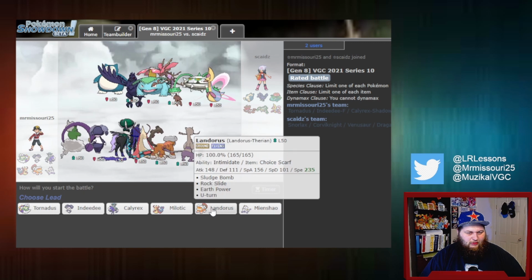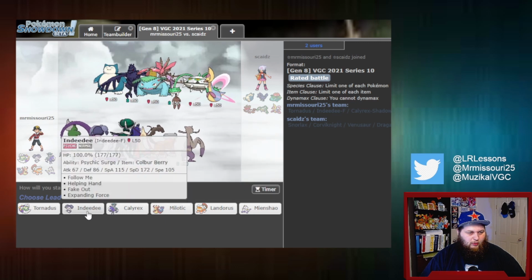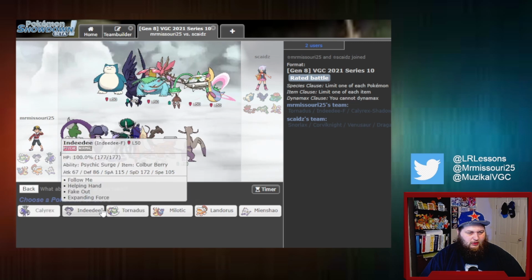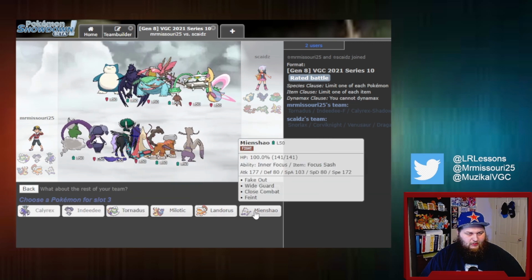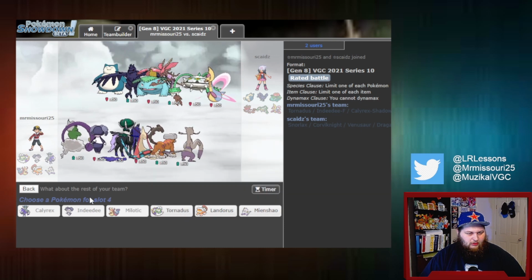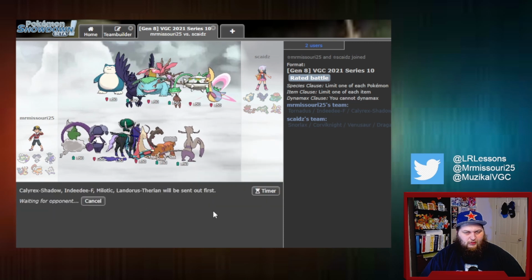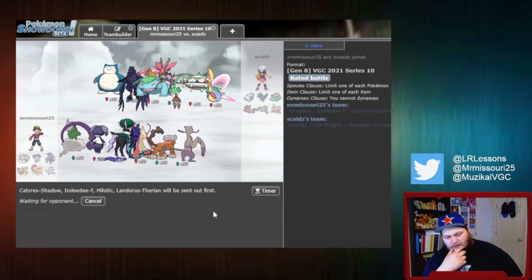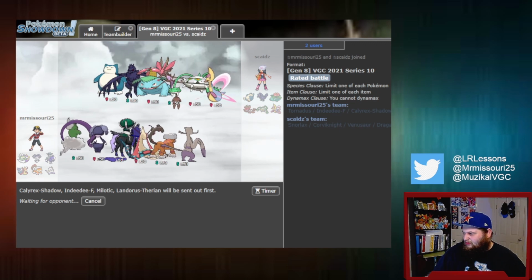So I am going to do... I think I like Calyrex and Ndidi with like Milo and Landorus in the back here. Something like this. Not completely convinced that this is correct, but this is what we're doing, so...